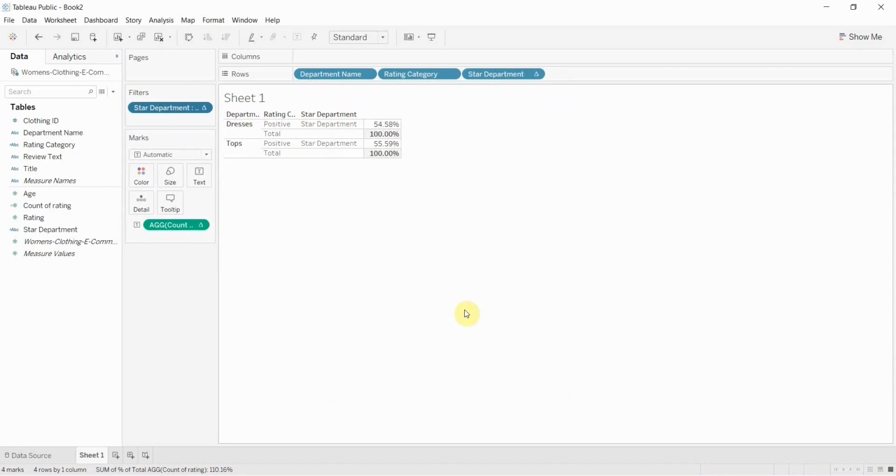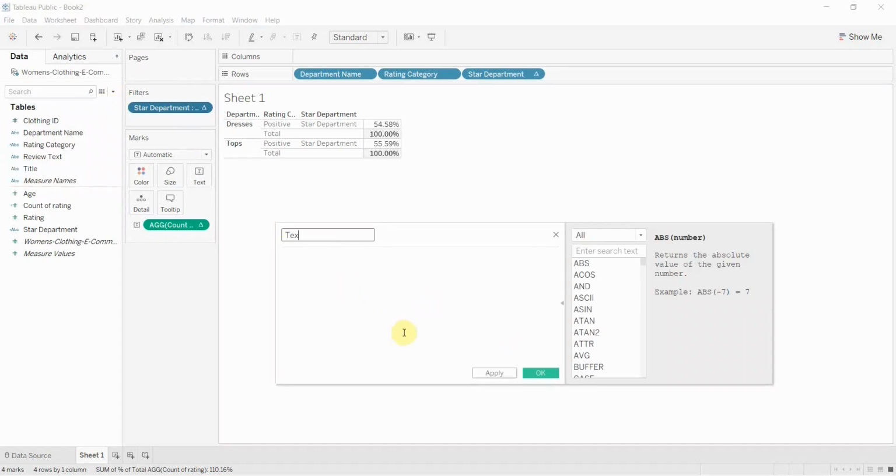Now I would like to take this a notch above, and what I want to do is display this message and show, probably it will be published in a magazine, that for this particular quarter the departments so and so are my star departments. Now how to do that? So maybe what I want to say is I'll have this text which will show